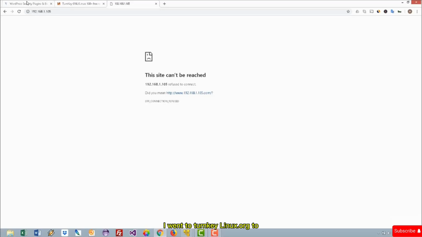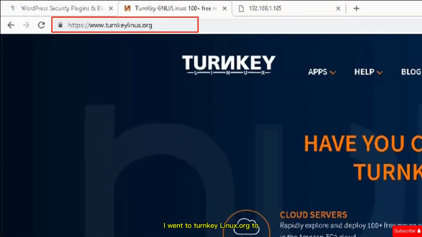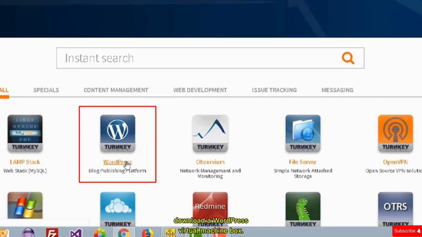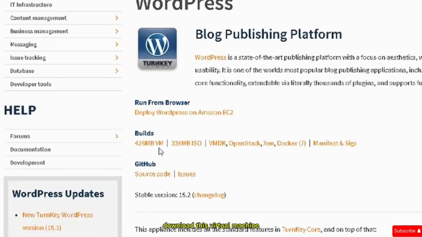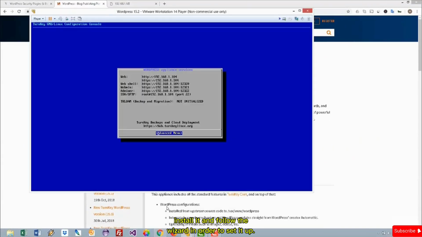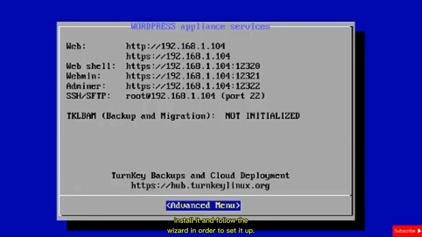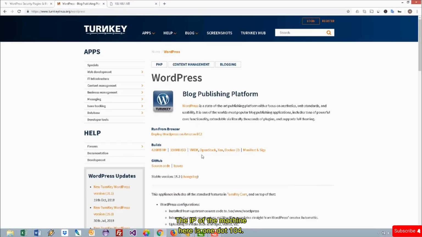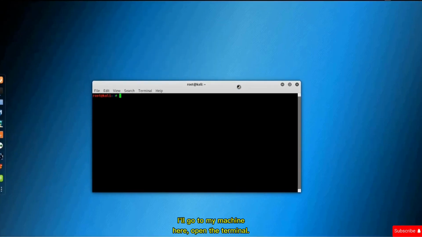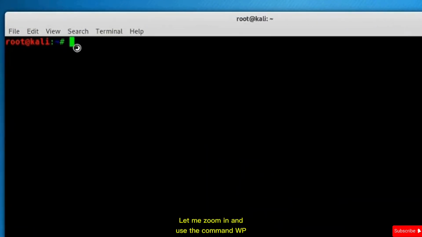very good way. I went to turnkeylinux.org to download a WordPress virtual machine box. So you just go here, download this virtual machine that is compatible with VMware, install it, and follow the wizard in order to set it up. It's very easy and straightforward. So the IP of the machine here is 1.104. I'll go to my Kali machine here, open the terminal, let me zoom in, and use the command wpscan